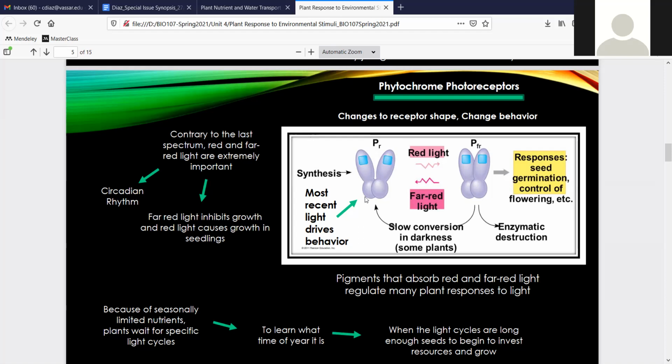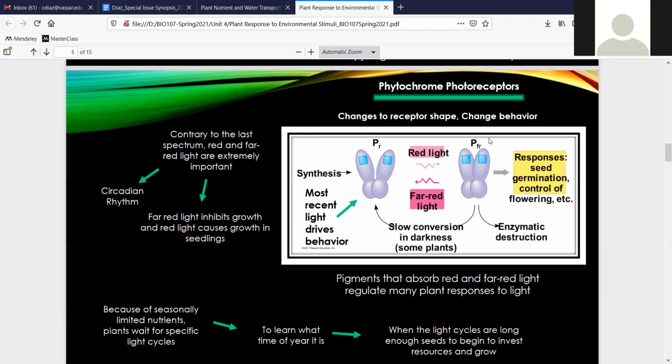And so these proteins, just like other surface proteins that get ATP or come into contact with a proton or some other type of important material, are going to change shape. And that changing of the shape is going to change how it reacts with other proteins. And so those plants that are looking for a specific amount of daylight, a specific proportion or a specific amount of time, depending on the species, in which this protein is either in one form or the other, you know, if you're